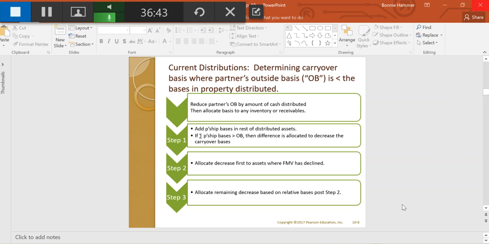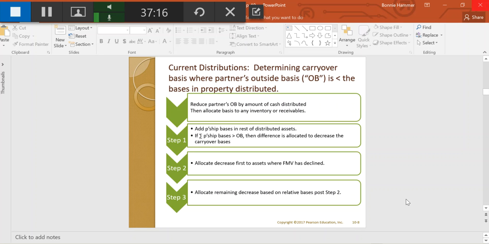And in the book, there's an actual example of how you do this. It's a big table with columns and everything. And you guys should use that to solve your problem, because I think I did give you a problem where you have to go through and do this. It's kind of fun. It's not that hard, but it's very mechanical. So you have to do the math in the steps like they're saying here to make it work under the rule in the code.